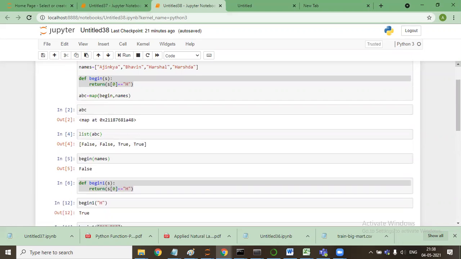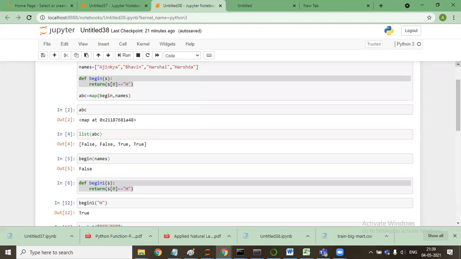See, this map has taken every name and passed every value one by one to the function. Whatever the output is, whether it's true or false, it has stored it in a list kind of format and processed the same. Are you guys with me? Yes. So it takes every element as a list? No, it will take every element. This function has a capability to work on every element individually, as we have seen.